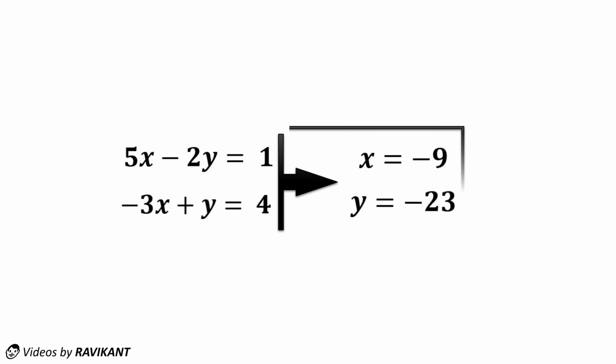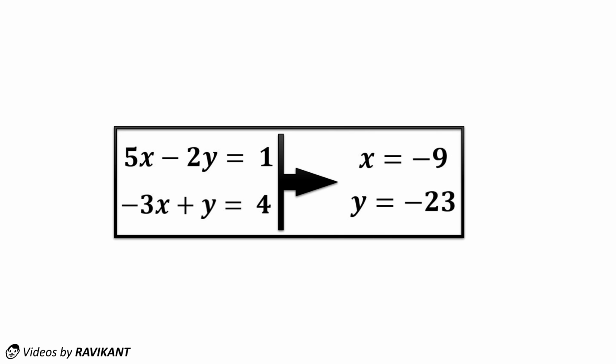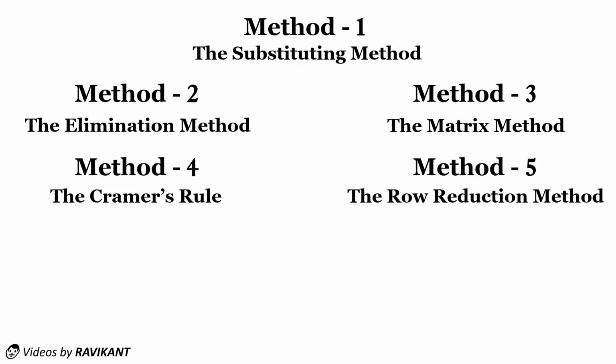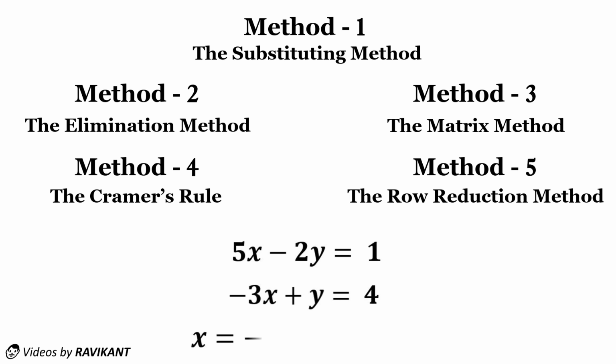It is a totally surprising moment for you all because in every single method we always get the same result. So these are the 5 types of methods to solve a linear system. By these methods you will get the same answer when you solve a linear system question. So one thing I have to say, never try a question by a single method. A mathematical problem can be solved by so many different types of methods because maths is all about fun. And I want you to just enjoy mathematics while solving.